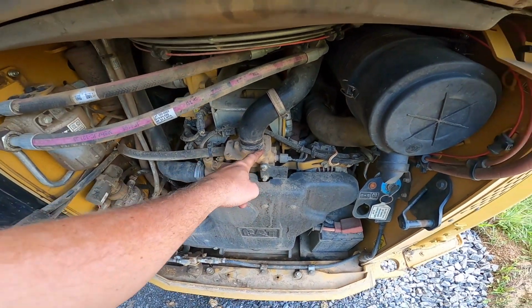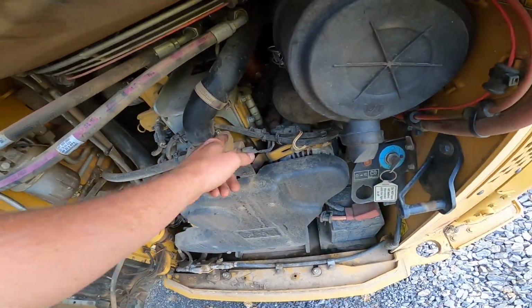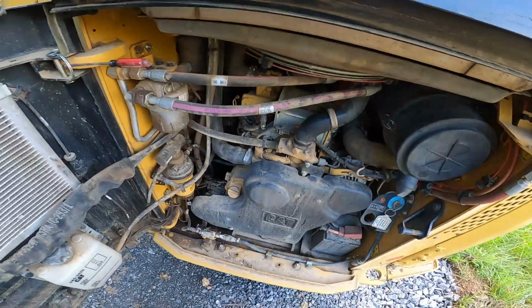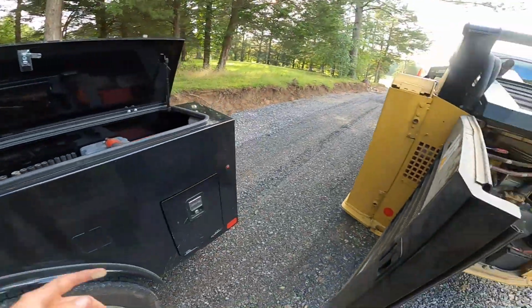So I thought I had some wrenches in here. I have all of them except for a 12, and it's that back one right there. Well, I was gonna break it loose, then yeah. So I'm gonna try to get this done, and I'm not sure how much I'm gonna lose. I was gonna